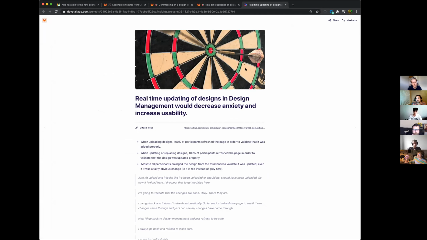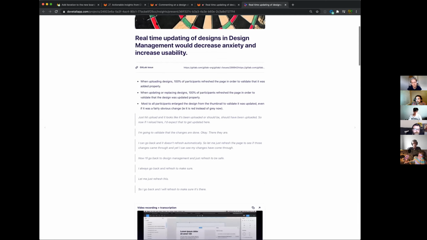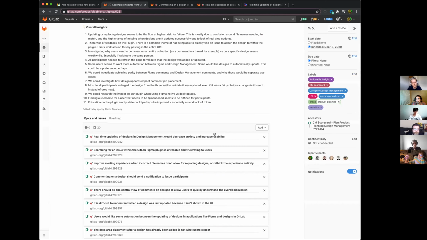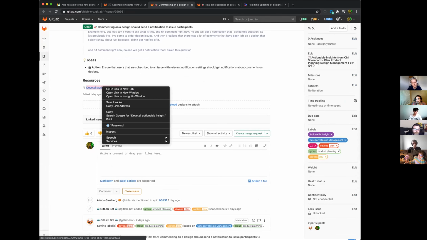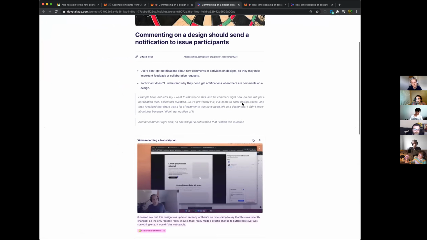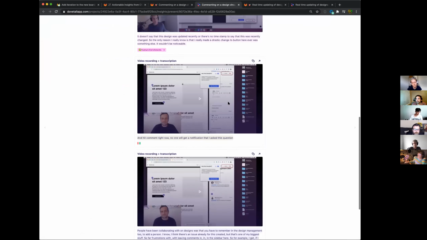I don't know if y'all have access to Dovetail, but it's a really interesting tool. I did a lot of synthesis through Dovetail here. So when you click through these issues, you can see the actionable insight tied to each of these in Dovetail. Maybe you could sign up to Dovetail, or you might have to request access. But again, it's a really cool tool we have.